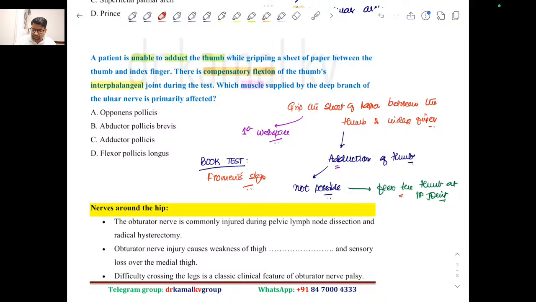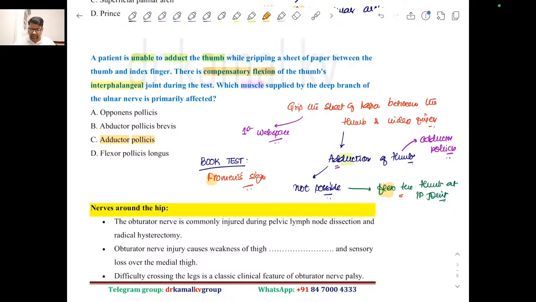Clear? So the patient flexing the thumb to hold the sheet of paper, this is the Froment sign, and this is a classical sign of loss of adduction of the thumb, which is brought about by adductor pollicis. And adductor pollicis is supplied by deep branch of ulnar nerve,